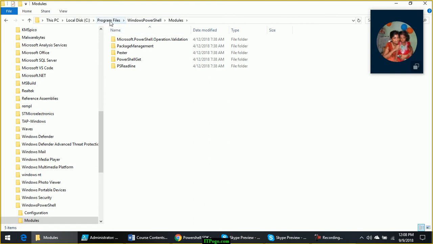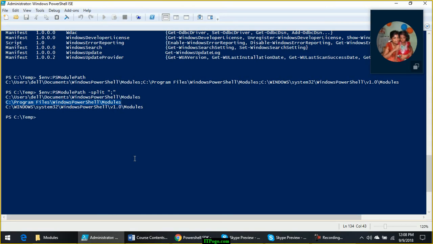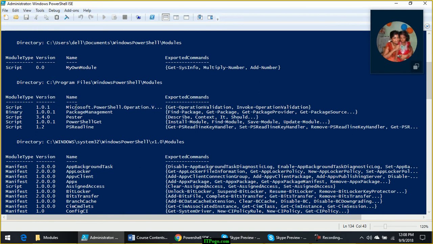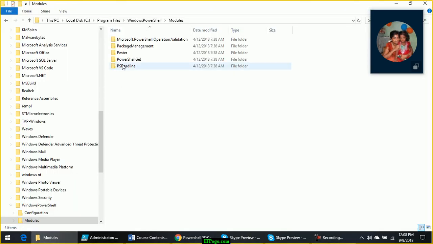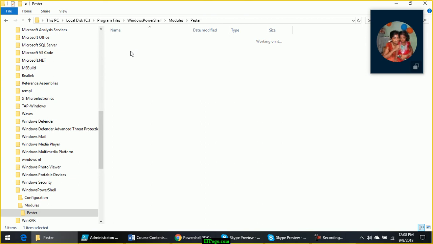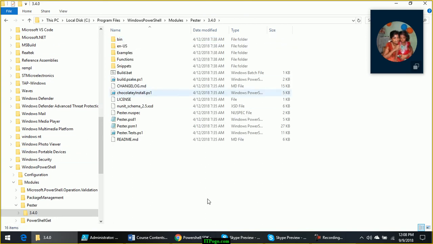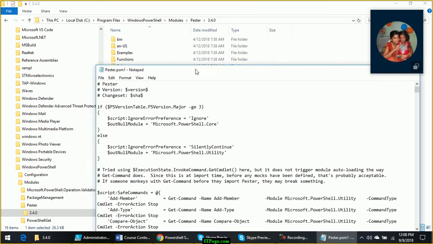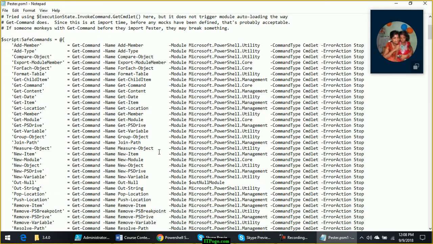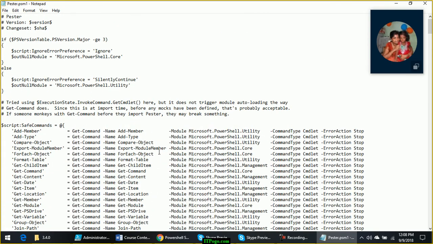See here, under Program Files, WindowsPowerShell, Modules, you have 1, 2, 3, 4, 5 folders. Now if you go back and check here, 1, 2, 3, 4, 5. These are the modules. Under these folders, you will find the binaries or the source code of these modules. Now this Pester.psm1, if you open this, it has all the source code of all the commands available under this module.